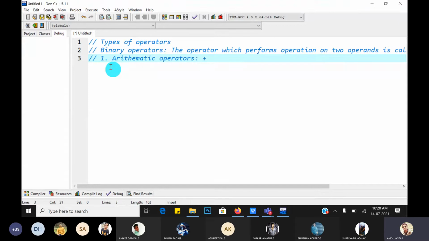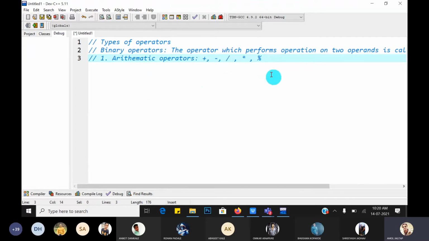Plus, minus, that is addition, subtraction, division, multiplication, and the mod operator. Guys, division and mod are the most important arithmetic operators. All the others we know: plus for addition, minus, and so on.